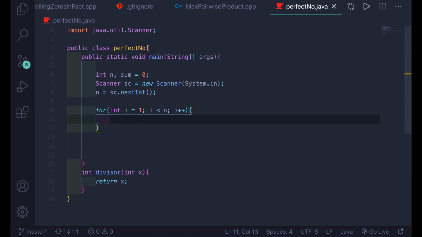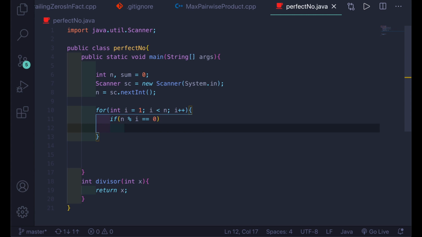And in the for loop, we'll check if the number is divided by i, and we'll use n%i so that we get the remainder. If the remainder is equal to 0, which means that the number has been divided properly, so i is a proper divisor of n.